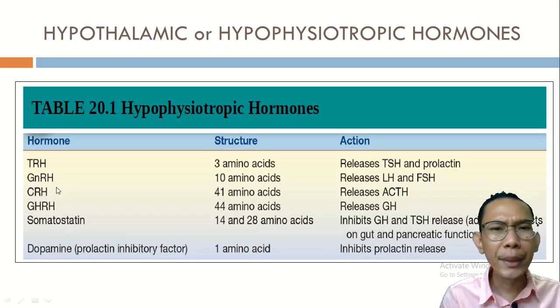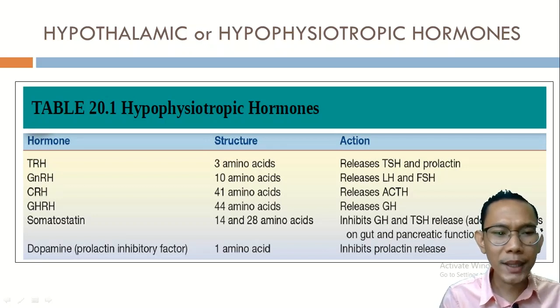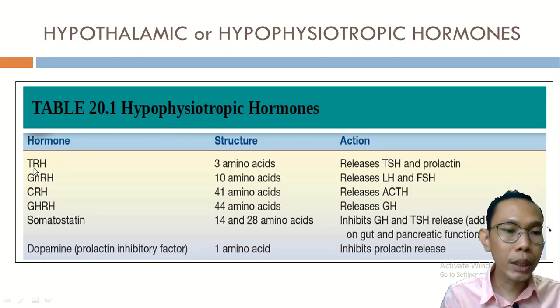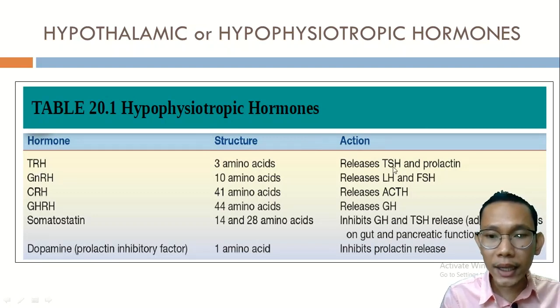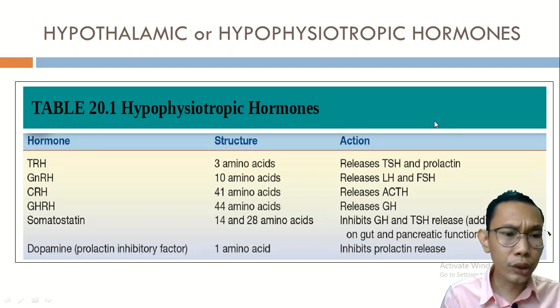Now, from the name itself, no need to memorize everything, but from the name itself, anything na may mga releasing that comes from your hypothalamus or your hypophysiotropic hormone. From the name itself, ano bang function or action ito? Thyrotropin releasing hormone. It releases your TSH and your prolactin in your pituitary gland or anterior pituitary gland. I repeat,